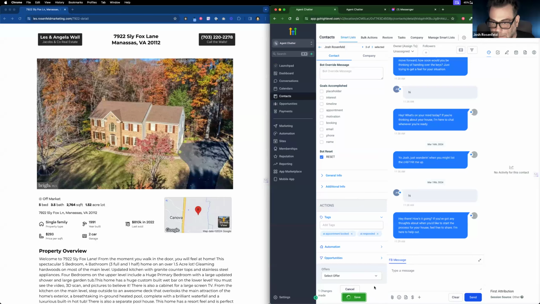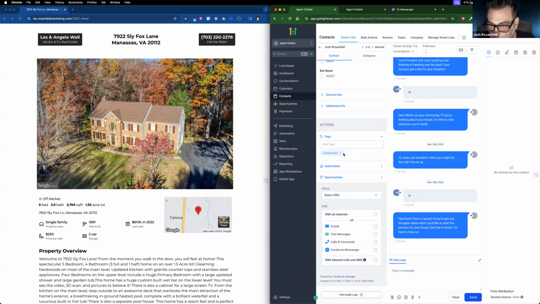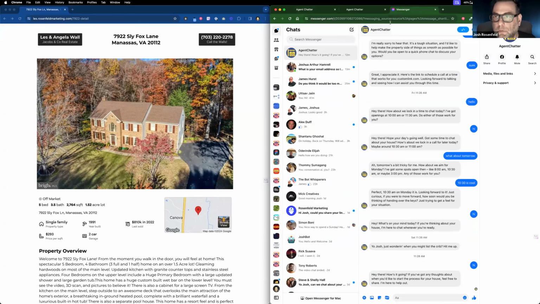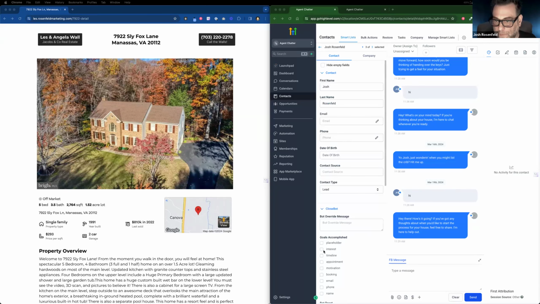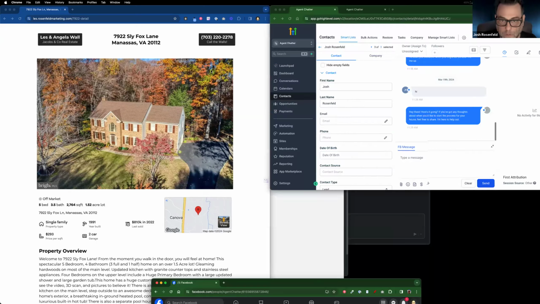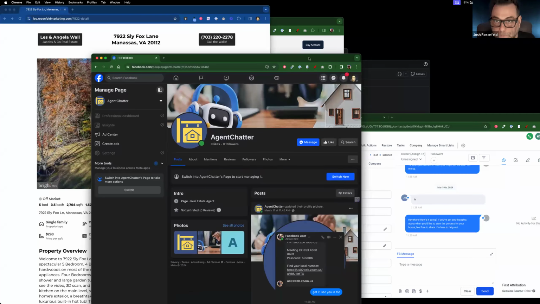Got it. All right. So I turn off the goals accomplished manually. I'm going to get rid of these tags. Okay, cool. So now if I come back through agent chatter, I just wanted to open up a window so it's a little easier. Now it doesn't know that it was talking to me because I turned off all the goals accomplished, right? So now if I start talking to him,